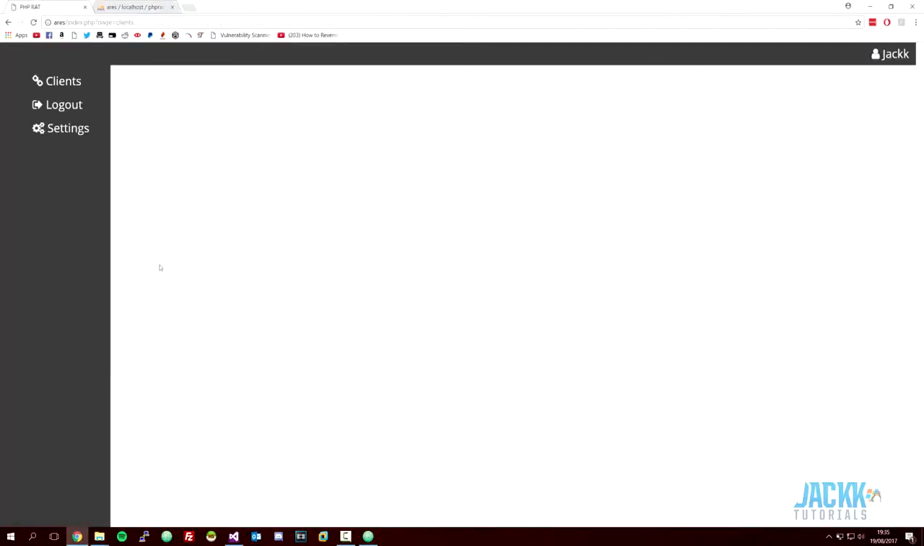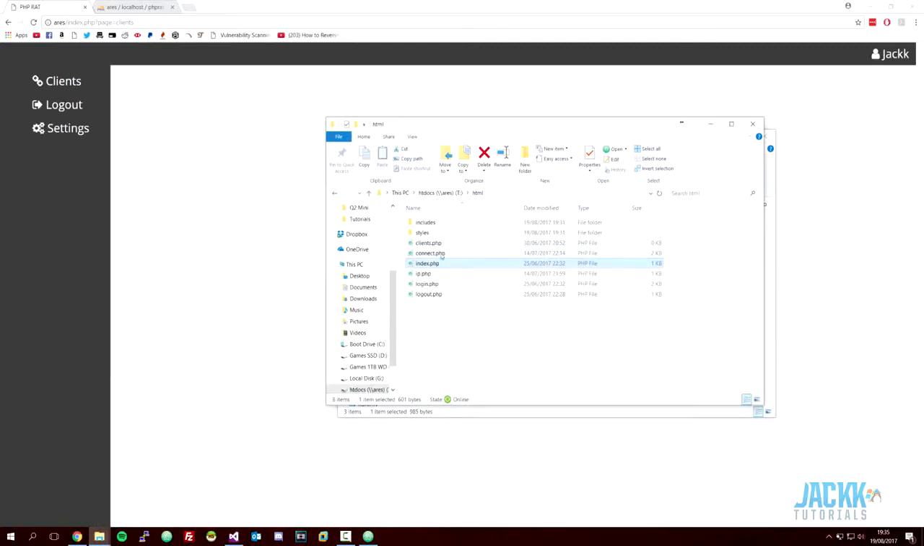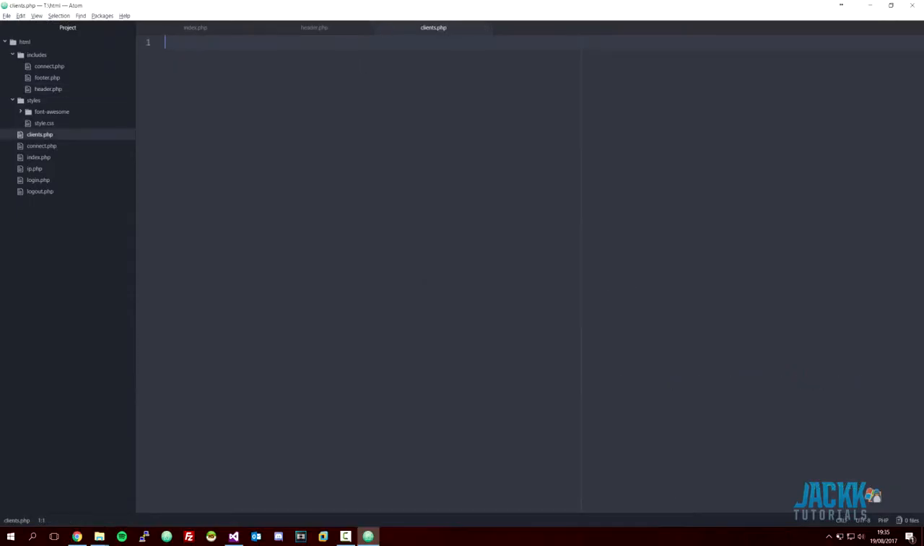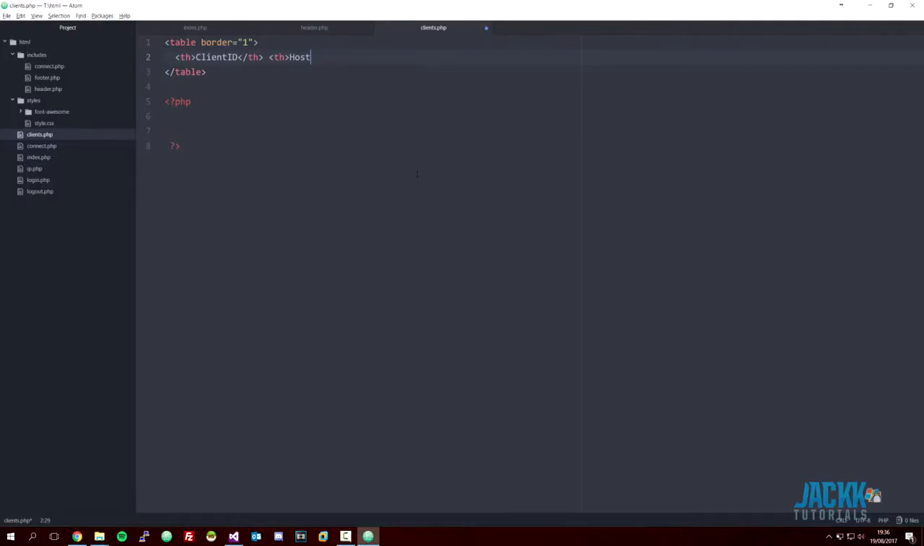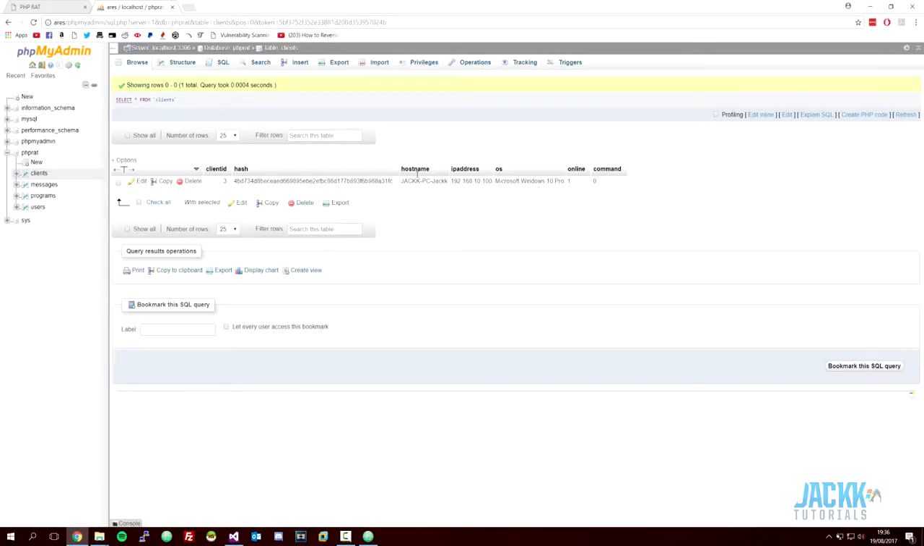So that's good. So what we're going to do is open up our clients.php, and we're going to start off by adding some PHP tags here. And at the top of here, we're going to open up a table, and we're going to have a border, and like this, and we'll end that table like this. And we're going to have some table headers, so this will be client ID, and the host name, and the IP address, and what else have we got, OS,